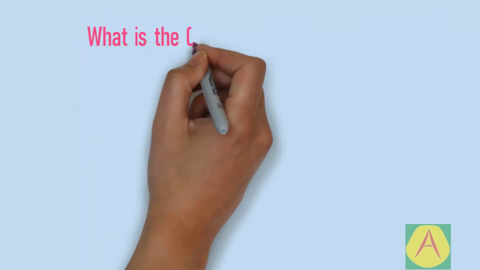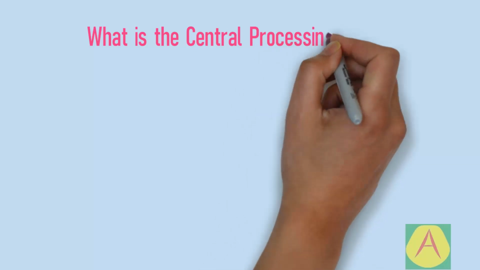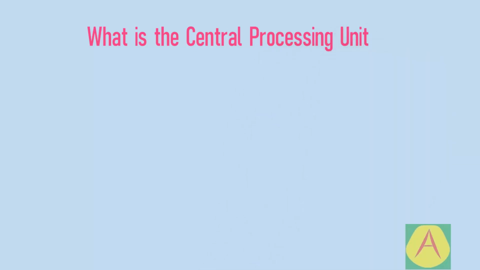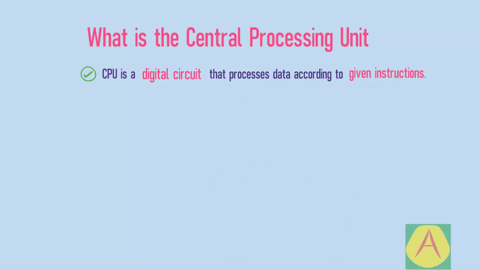Okay, so from what we have learned so far, let's try to answer the question, what is the central processing unit? We know CPU cannot function by itself. CPU will simply follow our instructions saved as a computer program. So we can say CPU processes data or executes data according to the given instructions. And also CPU is a digital circuit. That means it can handle data or signal that is represented by digits. In the computer, signal is represented as binary signal and digits 0 and 1 are used. So we can say CPU is a digital circuit that processes data according to given instructions.